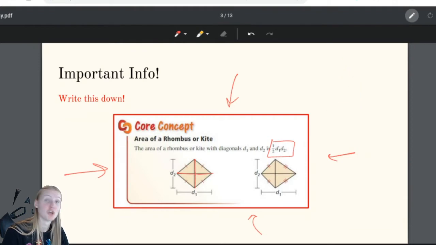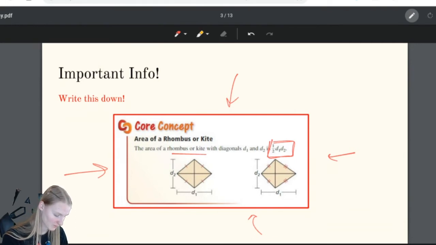It's just non-adjacent corners, non-adjacent vertices. So they're looking at the diagonals. This is one diagonal, and this is another diagonal. Same thing here. This is a diagonal, and this is a diagonal. And the area of a rhombus or a kite with these diagonals is 1/2 times diagonal 1 times diagonal 2. The end. That's it. If you want to know why, there is some very interesting information in our textbook that explains